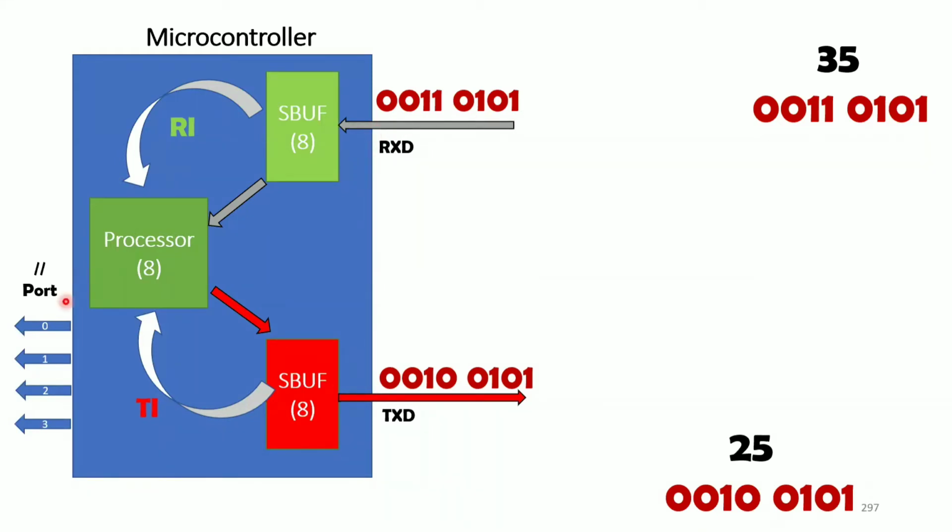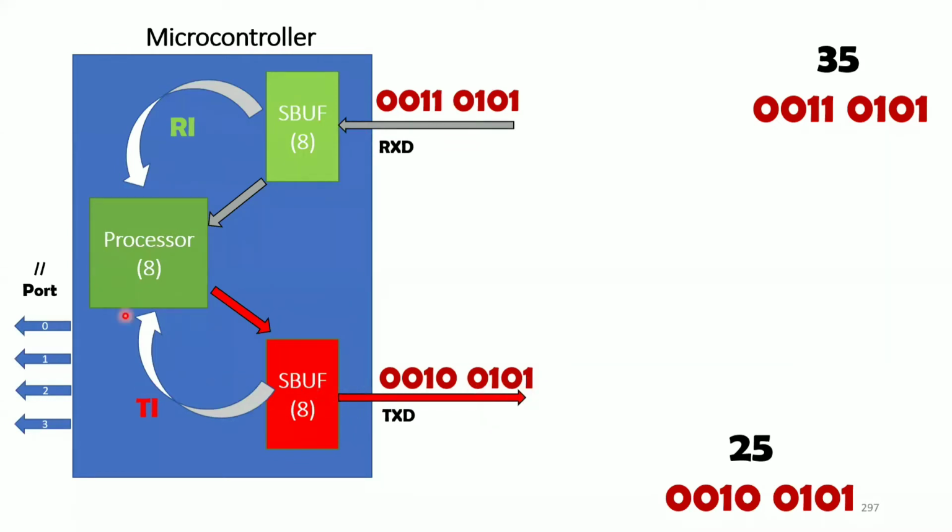Now, whenever we say data transmission, there will be transmission as well as reception. The 8051 microcontroller is an 8-bit microcontroller, which has an 8-bit processor in it. This 8-bit processor can directly perform operations on 8-bit numbers, which means it can send 8 bits at a time. But what is serial communication? 1 bit at a time. So to avoid this problem, we have SBUFs for transmission and reception. SBUF is an 8-bit register, so for every byte, that means every 8 bits of information, transferred by the SBUF,